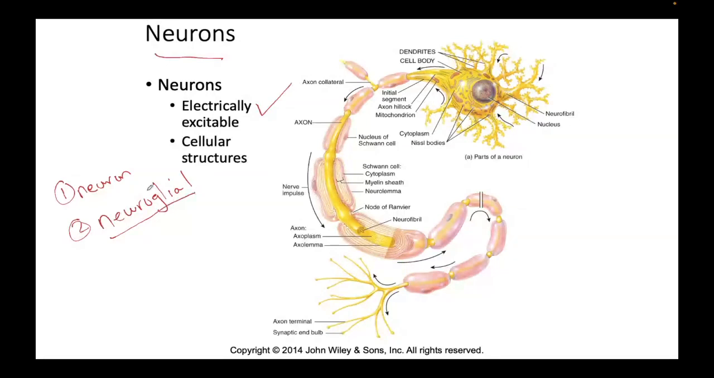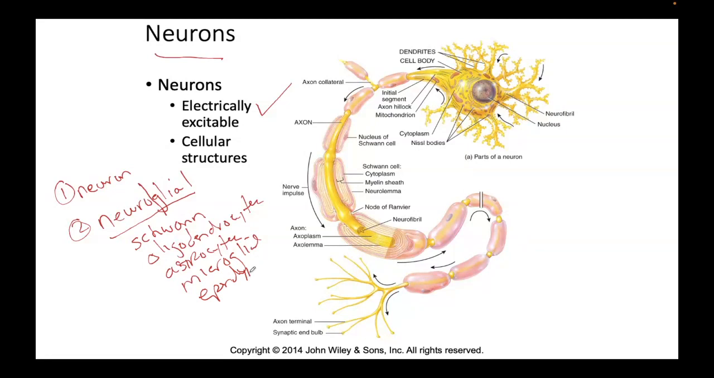The other type of cell is called neuroglial. If we look at the word, it's neuroglial, which means nerve glue. These are supporting cells all around the neuron. And there are different types of neuroglial cells. One is called a Schwann cell. There's a bunch of them, but we have Schwann cells, we have oligodendrocytes, we have astrocytes, we have microglial cells, we have ependymal cells, we have satellite cells. So these are some different types of neuroglial cells. Again, they're all structured differently, so they all have different functions, but the neuron is the one that's only electrically